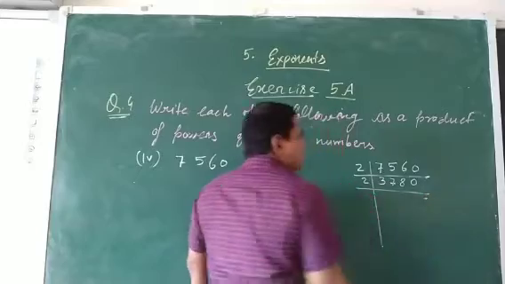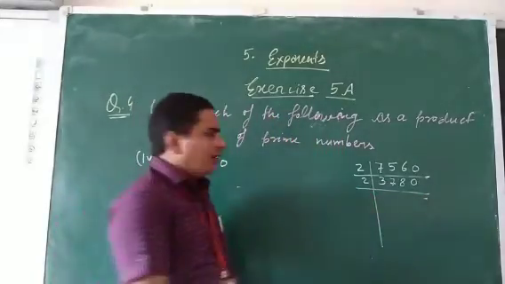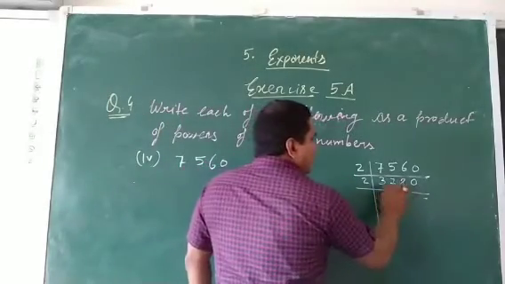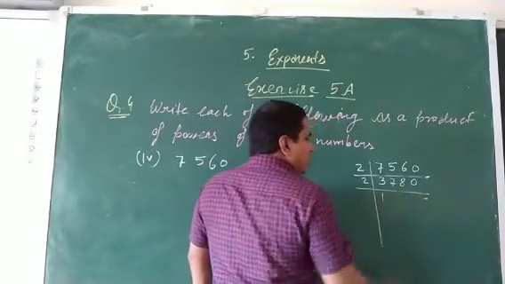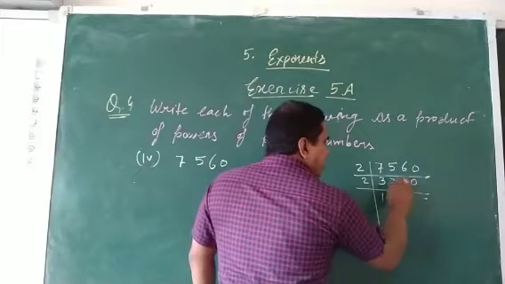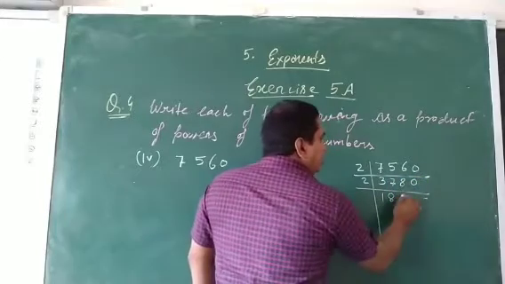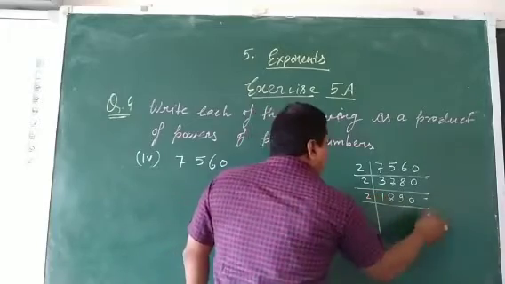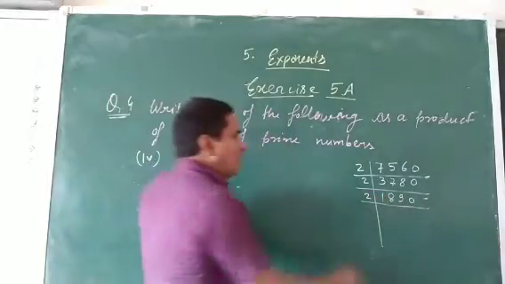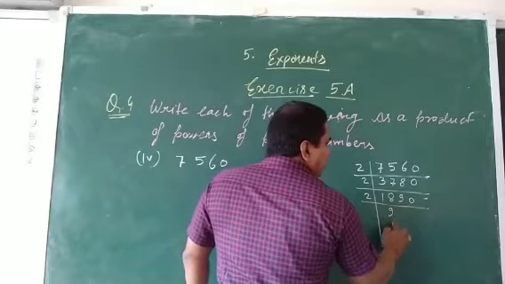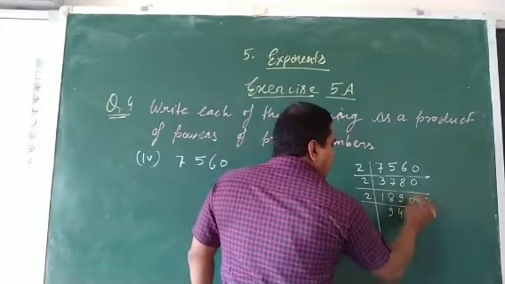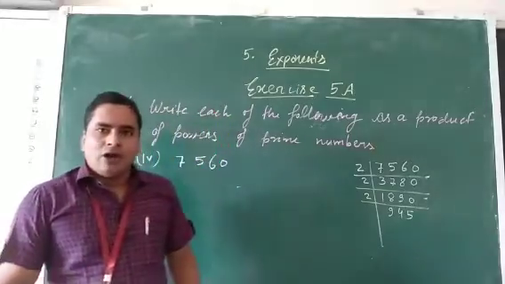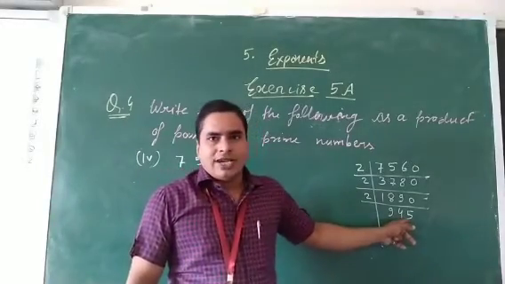Again you can divide this by 2. So see here, 2 ones are 2, 1 carry, 17, 2 eights are 16, again 1 carry, 18, 2 nines are 18, then again 0. Then again you can divide this by 2: 2 nines are 18, here 9, 2 fours are 8, 1 carry, 2 fives are 10. Now it will not divide by 2 because the last digit is 5.